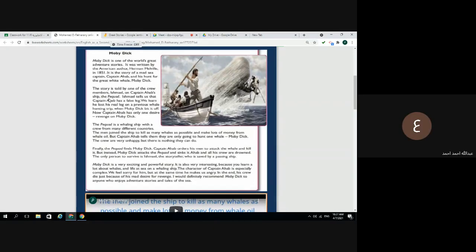The Pequod, excellent. Okay, this is the name of the ship.